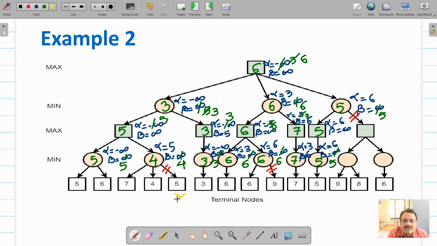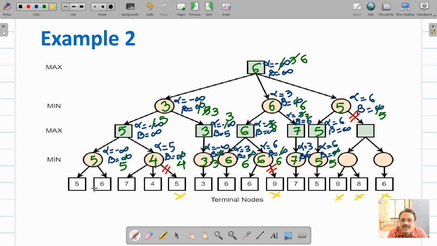exploring of this node as well as this node and all these 3 nodes. These nodes may be further connected with other branches, so that much effort we have saved if you compare that with Minimax search. In Minimax we would have evaluated all the nodes. Now check out whether Minimax will give you the same result or not.